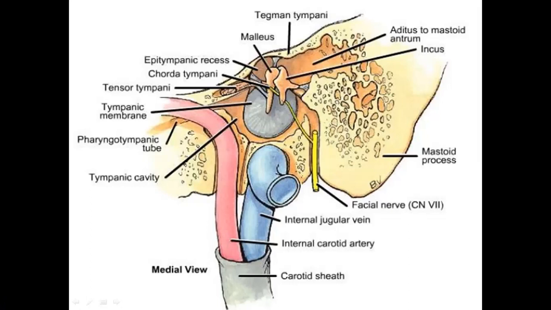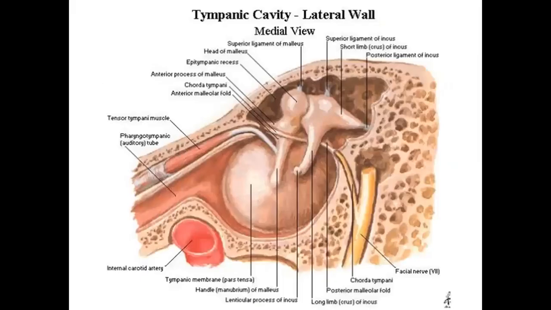It contains the preganglionic parasympathetic fibers, and it also contains the taste fibers. The preganglionic parasympathetic fibers relay at the submandibular ganglion, then after that the postganglionic fibers supply the submandibular gland and the lingual gland. So this is the chorda tympani. Over the posterior part of the tympanic membrane and over the handle of the malleus, it passes over and ends at the level of the submandibular gland.